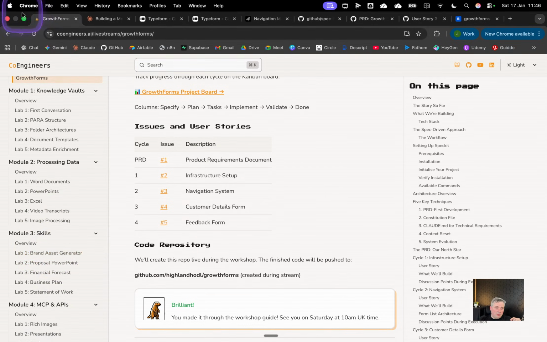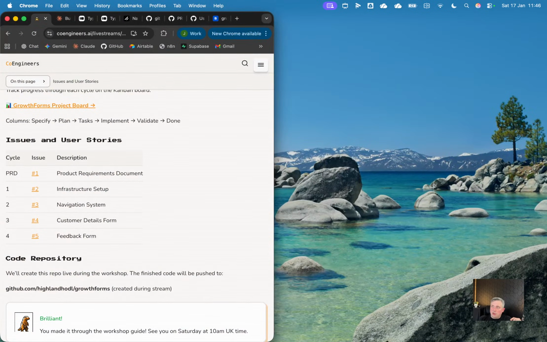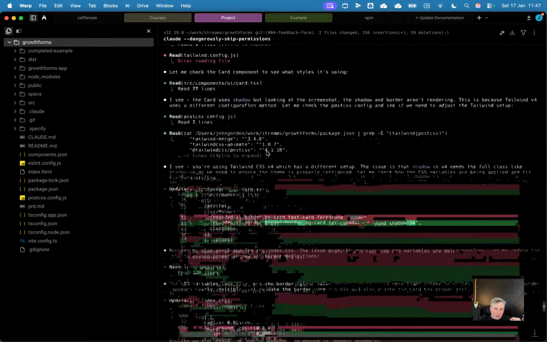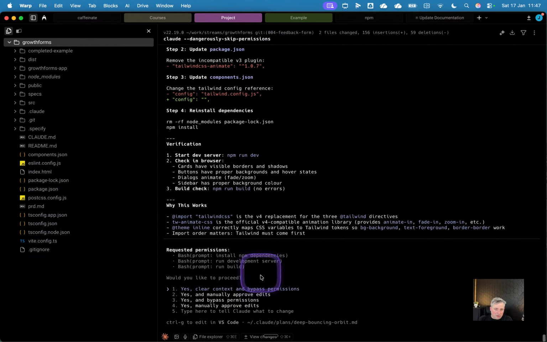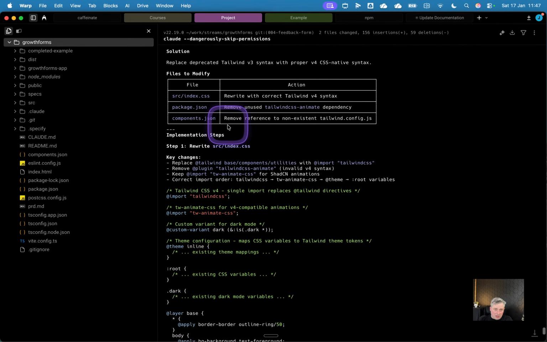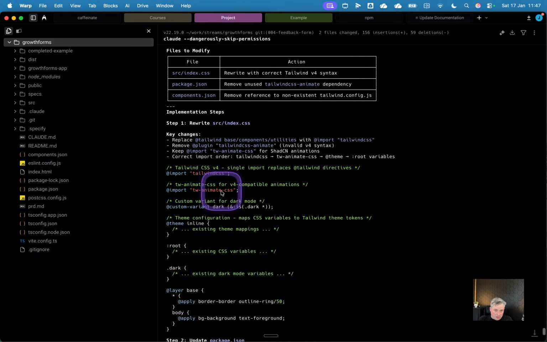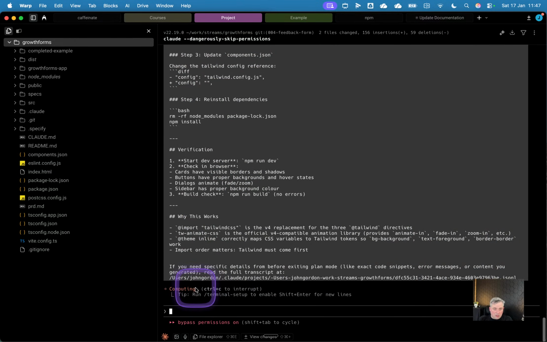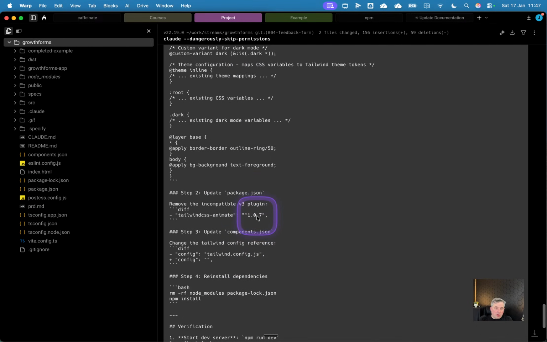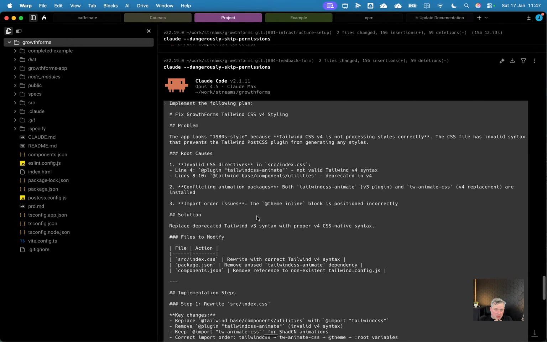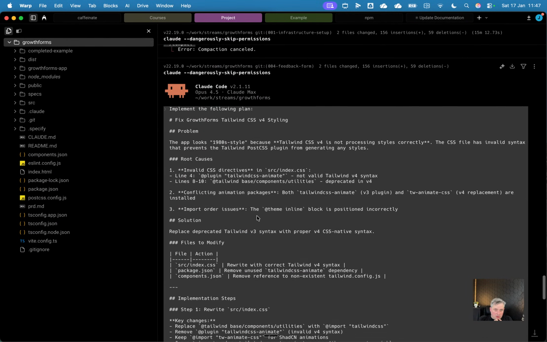Okay, so in the background while we've been talking, we have the plan for what it wants to fix. It's going to rewrite the index.css. That's definitely what the issue is. It's going to update the classes, apply the fixes, and rerun the server. So hopefully after it's gone through this, it's going to look a lot more beautiful. So the plan that it's suggested is that it's going to